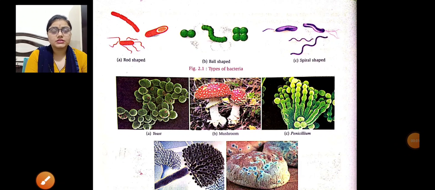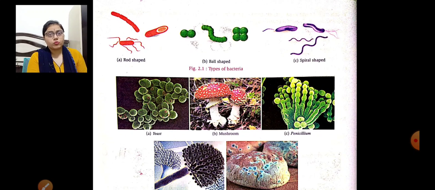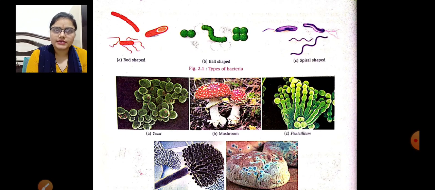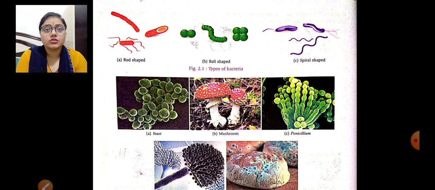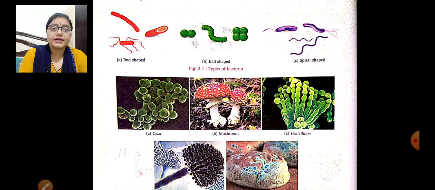Good morning, students. Today we are here with our third lecture of chapter number 2, Microorganisms: a Friend or a Foe. Yesterday we discussed the table and the types of fungi, the microorganisms present in plants and animals, the unicellular and the multicellular. All the types we discussed in yesterday's lecture. I had given you work to draw the table and write all the names. I hope you all did your work in time.